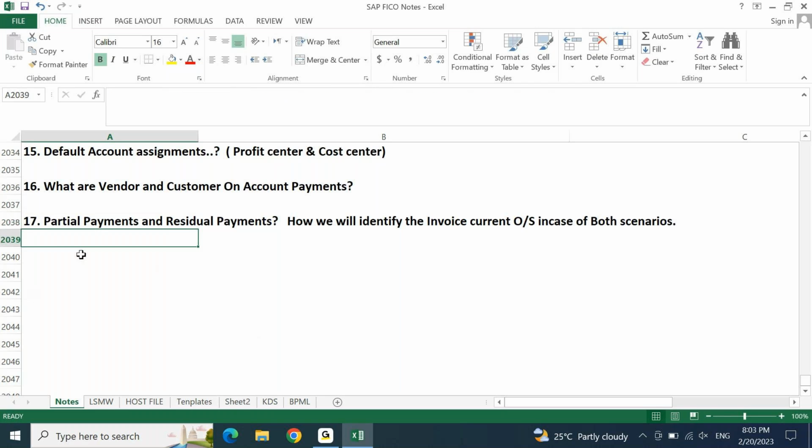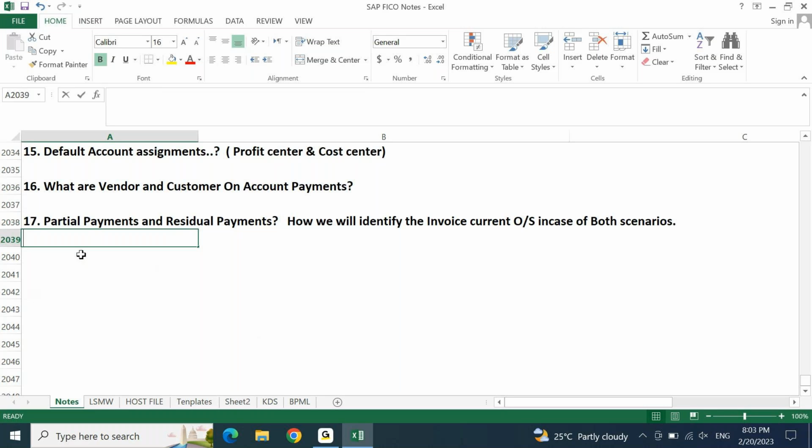Clear? First point, you have to know what is partial payment, what is residual payment, what is the difference between these two. And if you have an invoice of 1,000 rupees and you made payment in two installments, let's say 200,